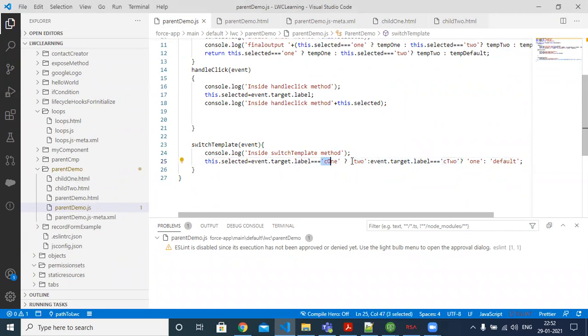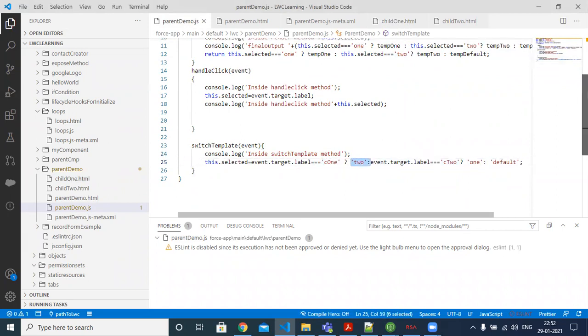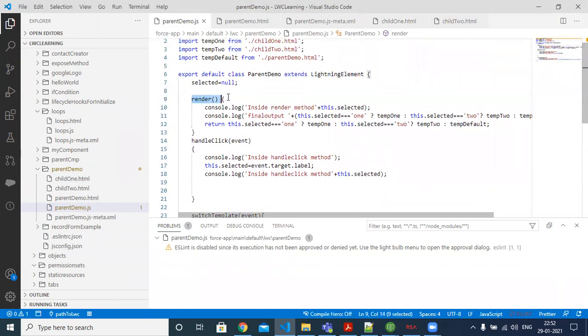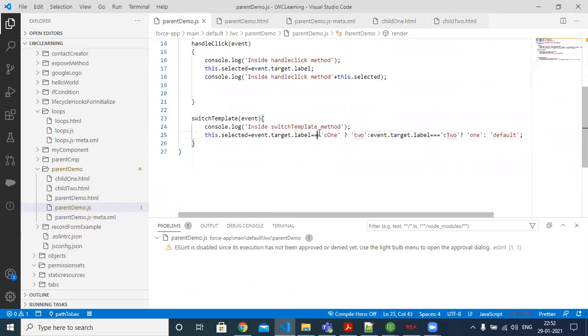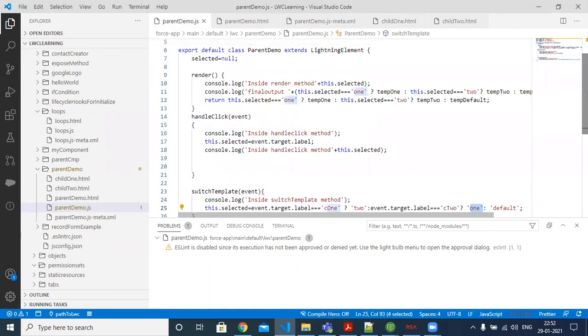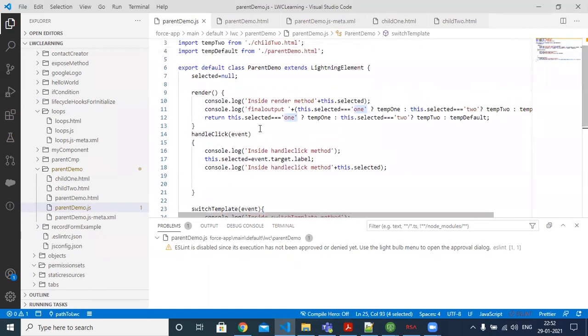Because inside the render method, this nested if condition is dependent on 1 or 2. So even though it is C1, my logic should render template 2. If it is C2, meaning I'm in template 2, I want to render template 1 on button click. That's what I have done here.